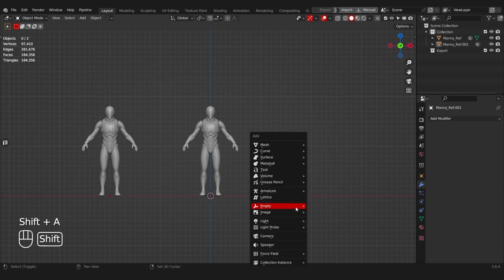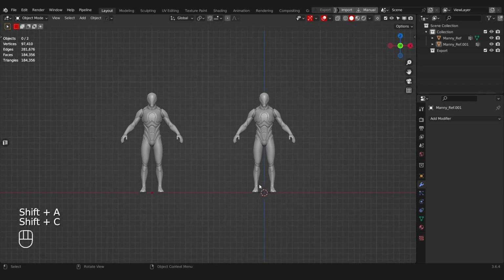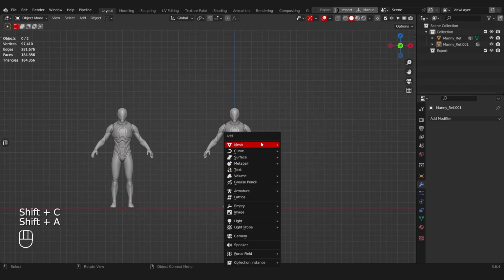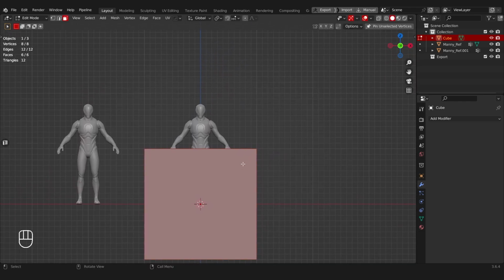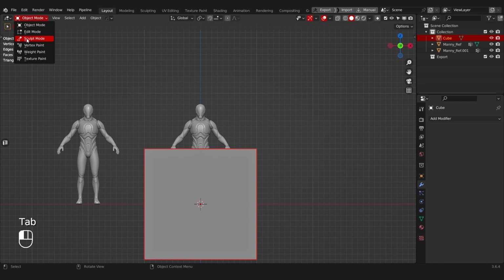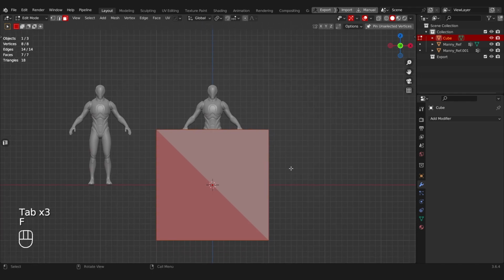So the first thing I'm going to do is making sure that my 3D cursor is at the world origin. You can reset it with Shift C. I'm going to hit Shift A, and I'm going to add in a cube. I'm going to enter into edit mode, and this pie menu that I'm using here is from the Machine Tools add-on. So just be aware of that. Whereas you might just need to switch it over here or just hit the tab key to go into edit mode. Okay, so moving into edit mode, I'm going to move this up,